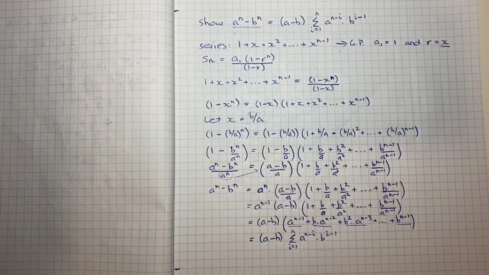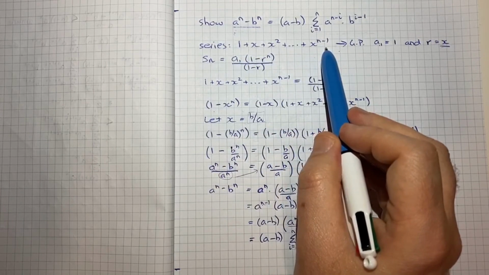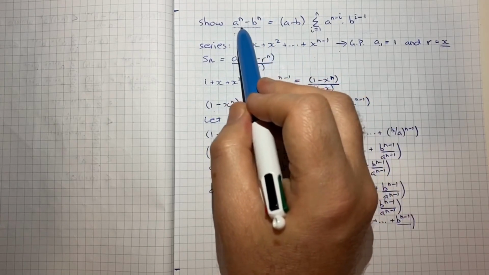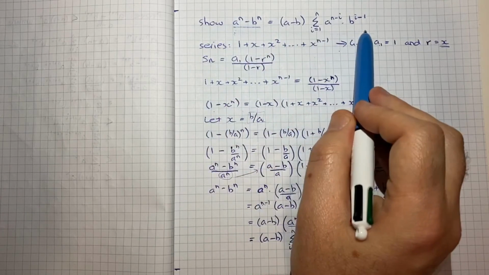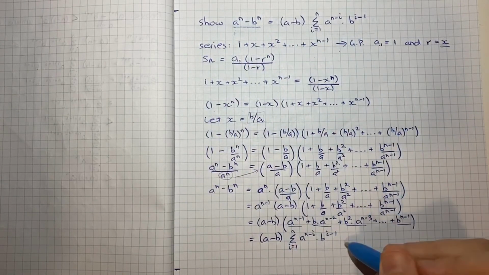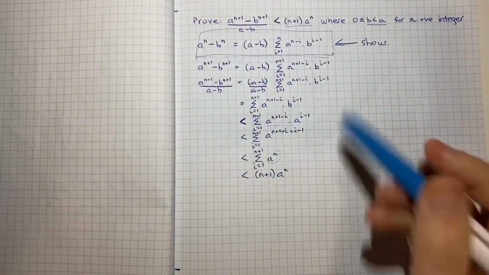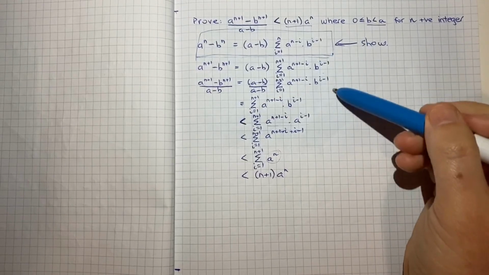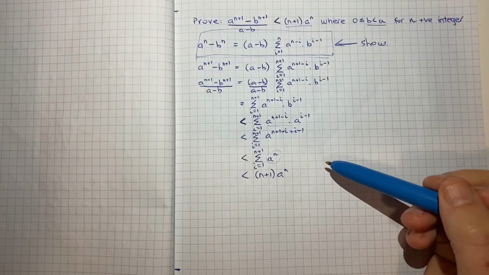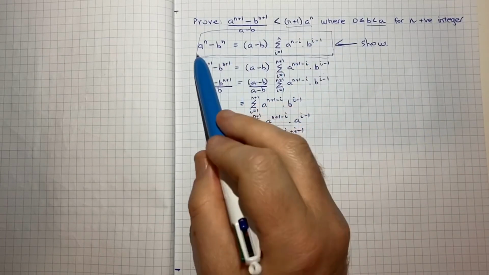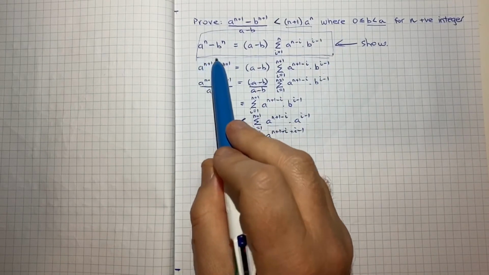Perfect. So there, using the series, a geometric progression, we've been able to demonstrate what we relied upon at the beginning of our proof, this result for a^n - b^n being this. So now that we're confident that that is correct, coming back to our original proof, relying on that made this a fairly easy thing to demonstrate. So again, I'll reiterate, this is actually quite a challenging proof if you didn't know this result. If you weren't familiar with this as being something you could rely upon,